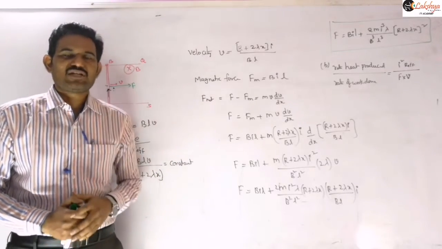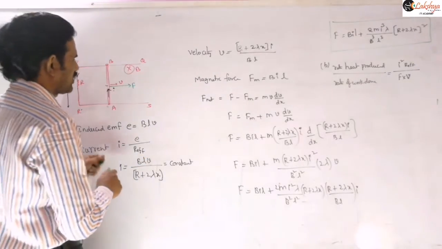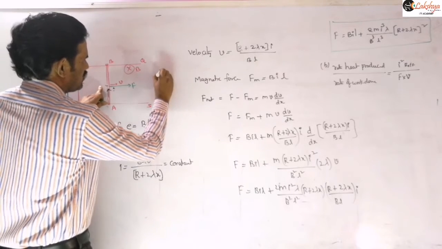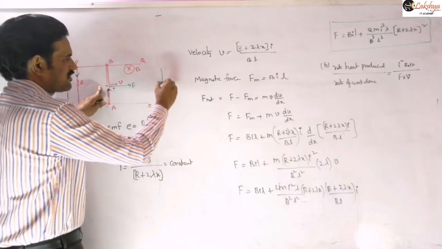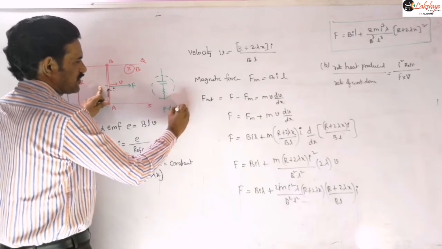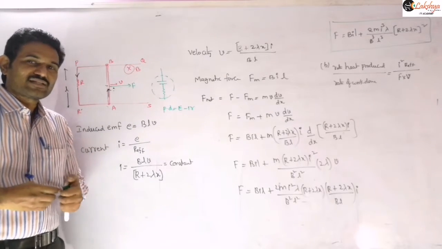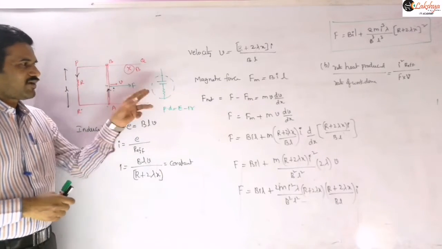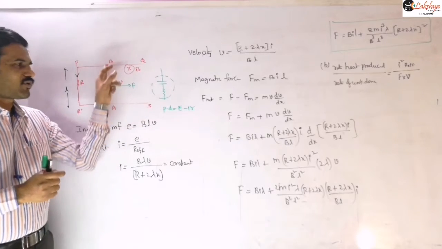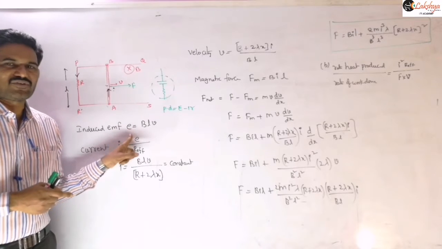If they ask potential difference, then you need to consider it as a cell, and you need to write the terminal voltage. For example, if it is having some internal resistance here, then you need to consider the circuit like this, and now it will behave like a cell. For the cell, the potential difference is nothing but E minus IR. If it is having that resistance and they are asking the potential difference, then you need to write E minus IR, where E is the induced EMF here.